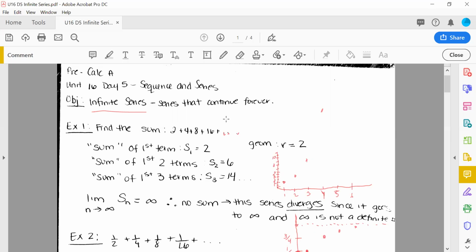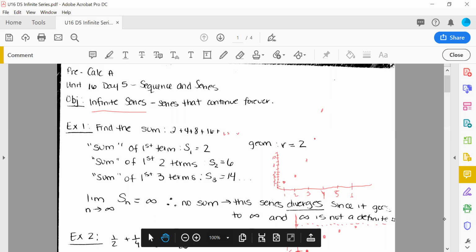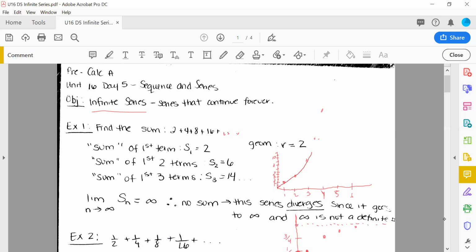So I'm noticing the terms are doubling each time. So I made a little graph. The first term is 2. The next term is 4. The next term is 8. The next term is 16. I know that's not where 16 is. 16 is more like here. Sorry, everybody. All right, but if I were to graph this thing,